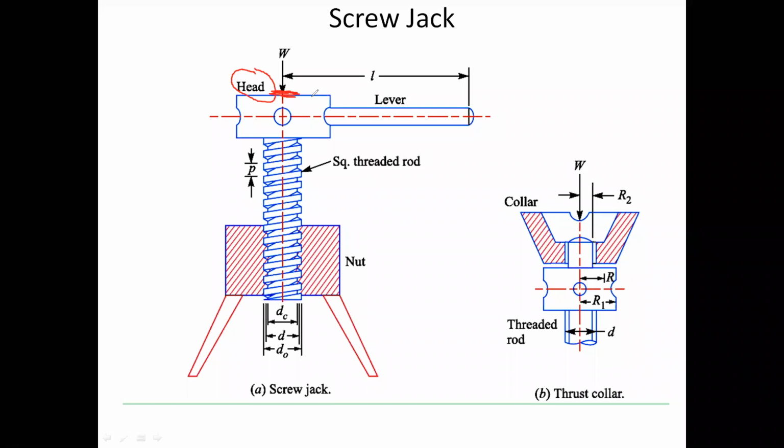So there should be such a device which can be used as a bearing, something like that should be there. That is why this is the thrust collar. What does this thrust collar do? You can see here, this is the extended part here. Okay, here the screw jack is made with an extension. So above this head, here, what have we done? There is a collar. This is the collar. So collar is having a gap. You can see here the gap is there.